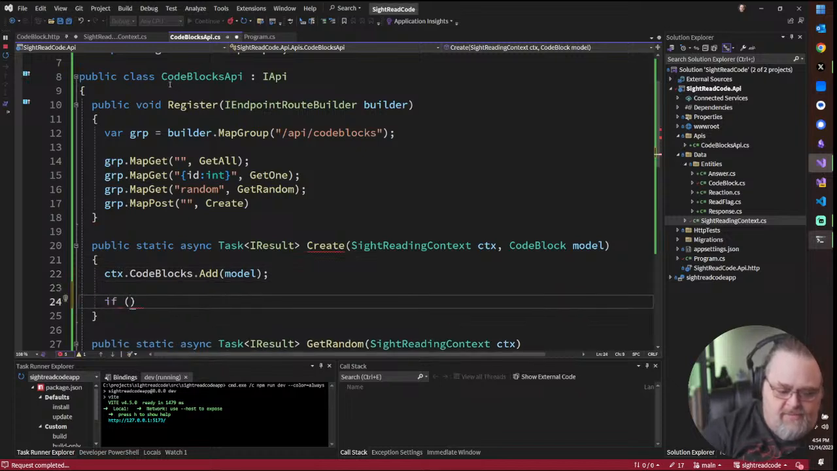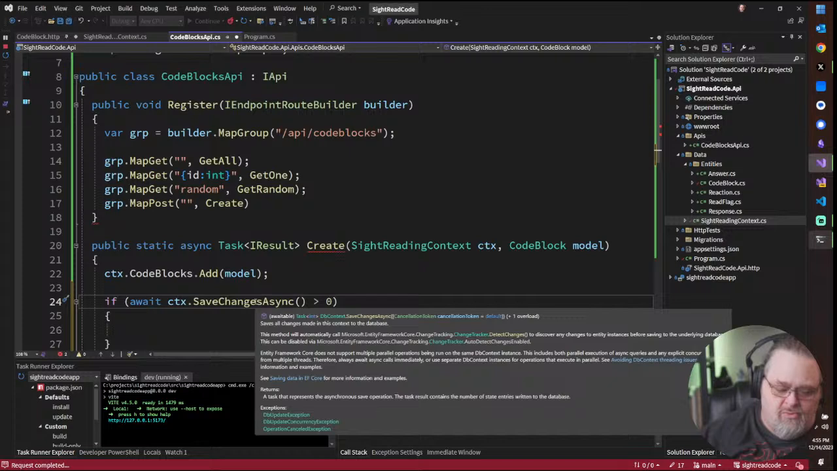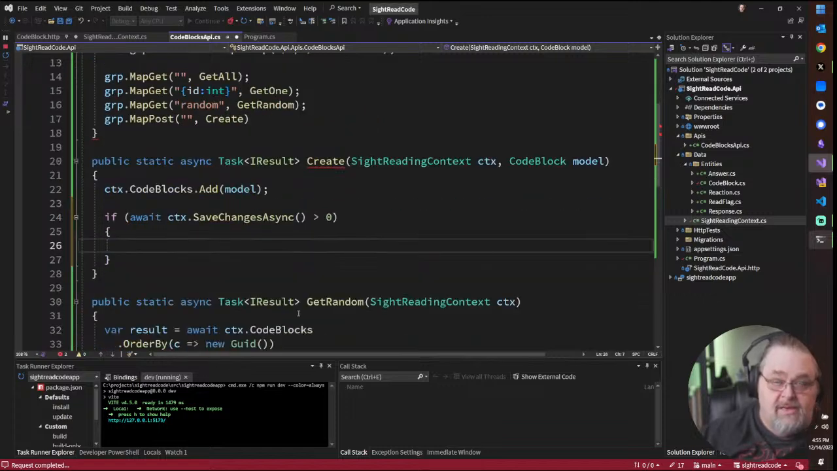And then I'm going to say if await context.SaveChangesAsync is greater than 0. Now what is that? SaveChanges actually returns the number of rows affected. And if this create doesn't actually save anything, I'm going to consider it just as if it had an error, right? If it doesn't save anything, we have a problem. But if we have at least one row affected, then we can say return created, results